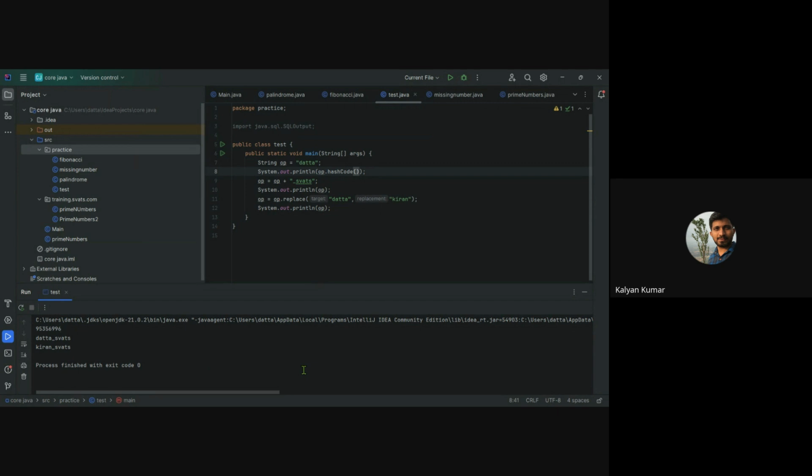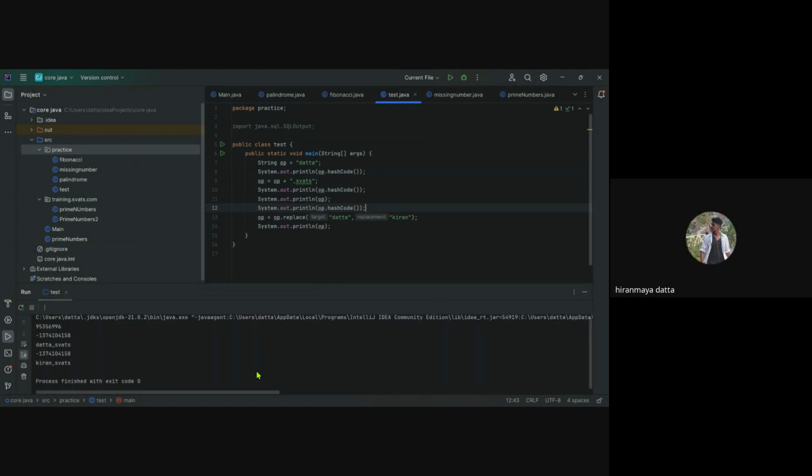Okay, so try to put the same logic after Kiran, after line 9 and after line 11. Same thing, copy and paste. Can you try to execute now?